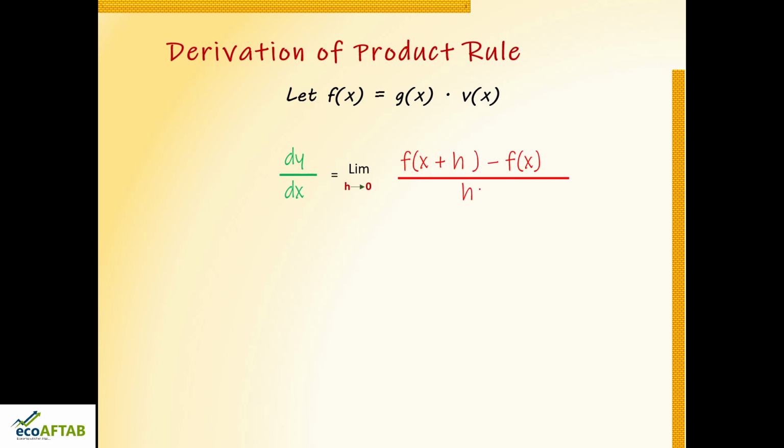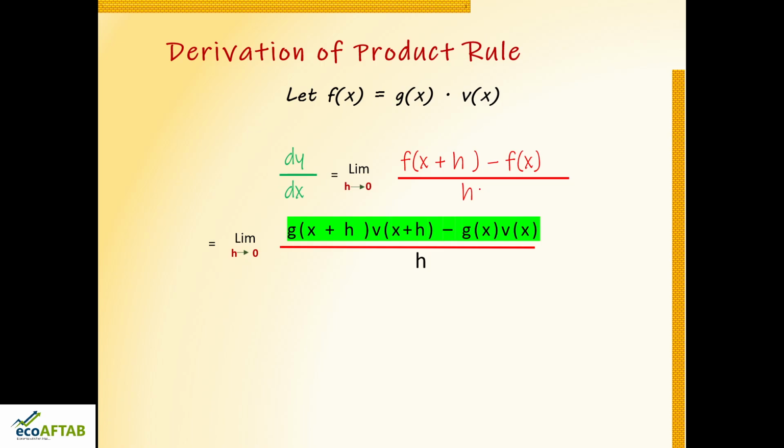It is not necessary that all the students should see it. If any student is curious enough to know how the formula is derived, they can see it, or other students can just skip to the product rule formula. So, let us continue with this derivation. So, this I would like to write as limit of h tends to 0.